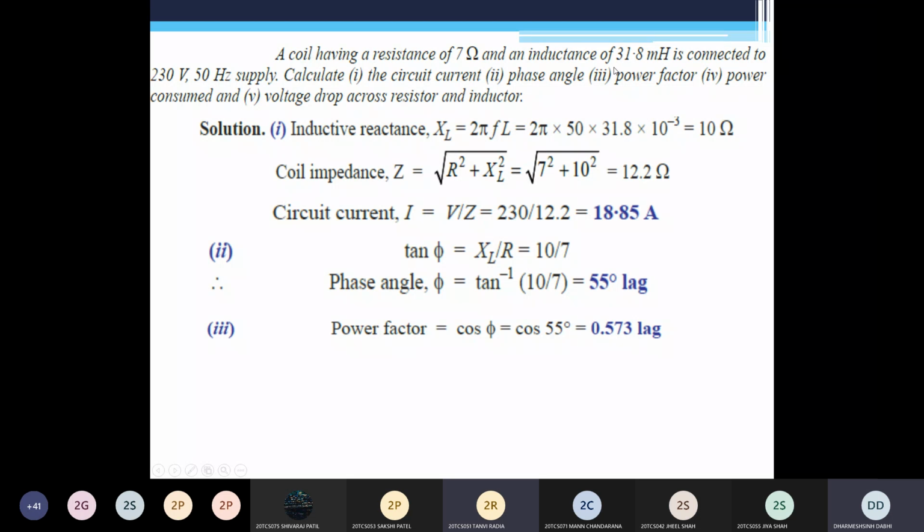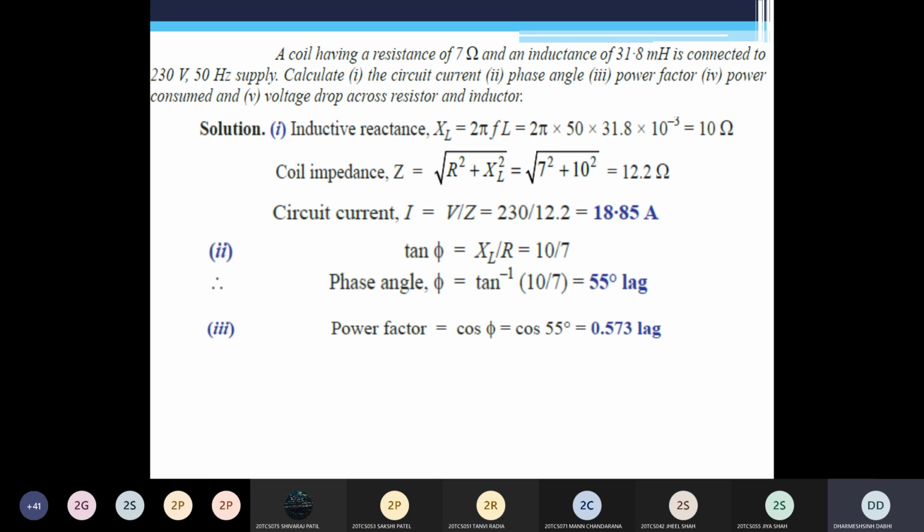Clear? So as we know, when resistance and inductance are in your circuit, that becomes what? Impedance. Impedance is what? Square root of R square plus XL square. Suppose there is an RLC circuit. In that case, the equation becomes square root of R square plus XL minus XC whole square. Clear? Like this way. So depending upon which components are in your circuit, write down the equation of current. If you have only pure resistance, then you can write simply V by R. That we generally write in the DC circuit. Because in the DC circuit, we have only resistance. We have no inductors and capacitors.